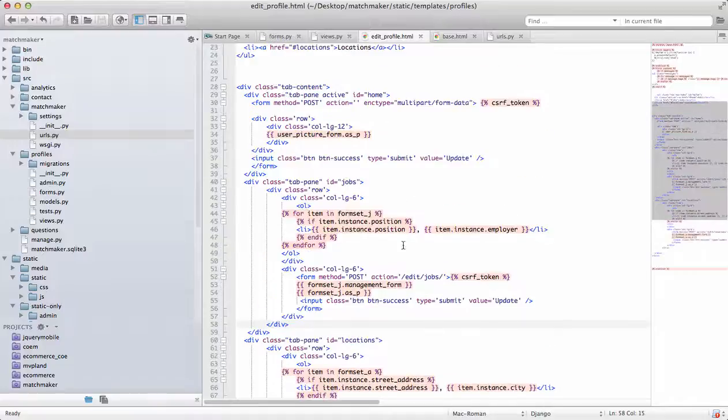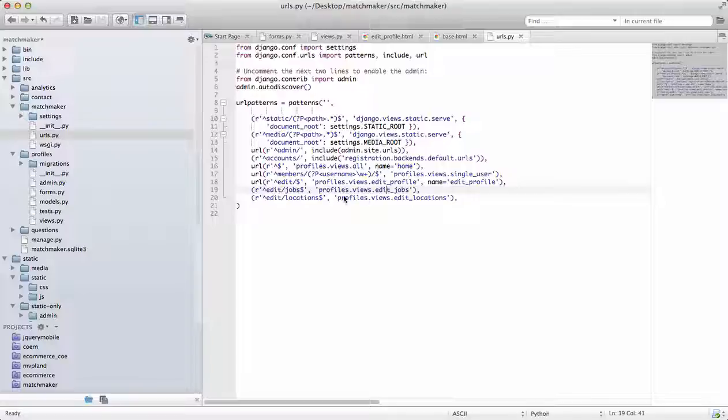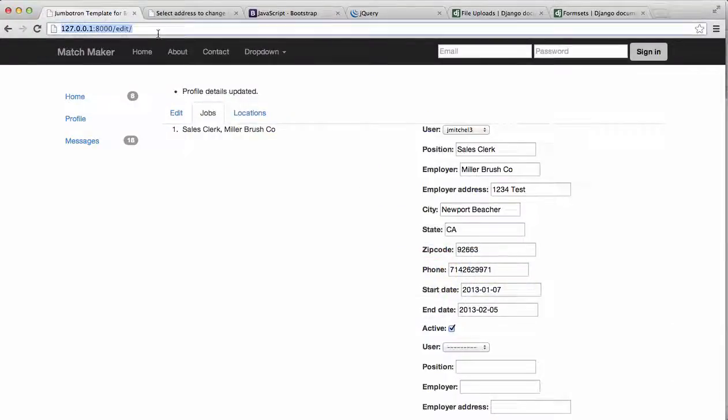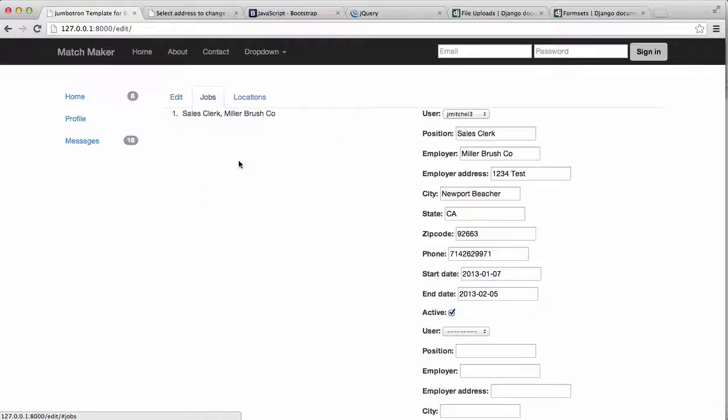So in our profile, we need to make sure where we're sending it. So we're going to edit underscore jobs and then URLs, edit underscore jobs. Cool, looks good. So let's go back and test it. Go to edit, jobs,